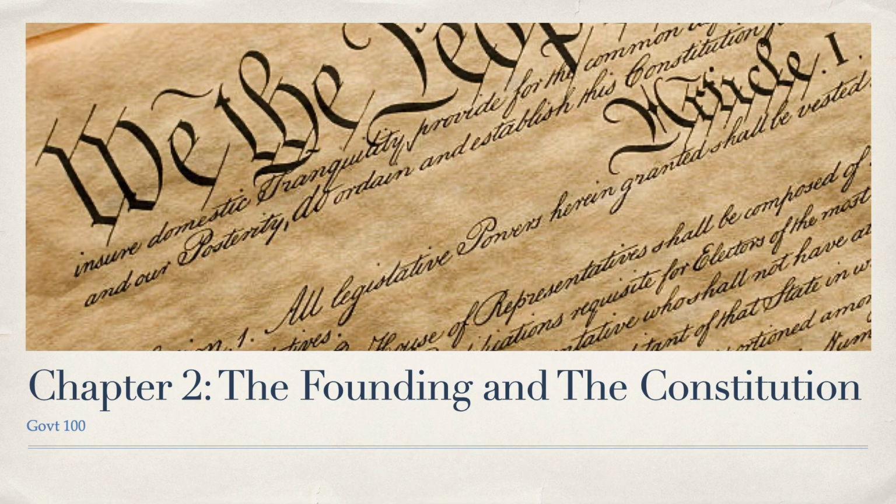In this lecture, we're going to be looking at Chapter 2, the Founding and the Constitution. This chapter starts with a discussion about the possible removal of a statue of Thomas Jefferson from the City Council chambers in New York City Hall, and it presents two different sides of the argument. Some wanted it to stay, saying that it was celebrating Jefferson's contributions to the founding of the country, while others wanted it removed because he was a slave owner and supported the removal of indigenous individuals.